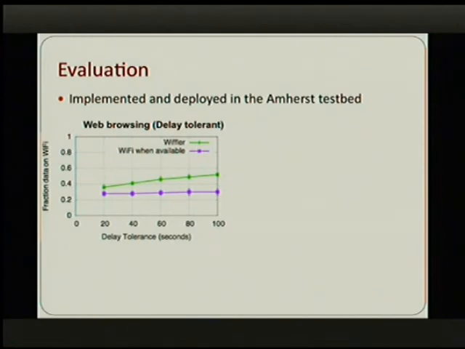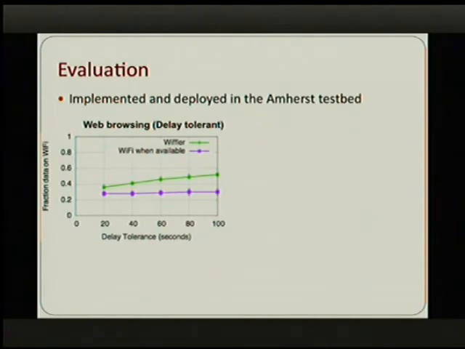For web browsing, we got traces from real commuter buses. Here the y-axis is the fraction of data that you can offload on Wi-Fi, and the bigger it is, the better it is for us, because that means we're reducing 3G load. And the x-axis is delay tolerance. We compare the performance of Wiffler with a protocol that uses Wi-Fi only whenever it's available. In other words, it won't wait for Wi-Fi to become available in the future,